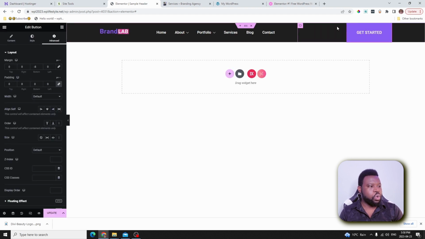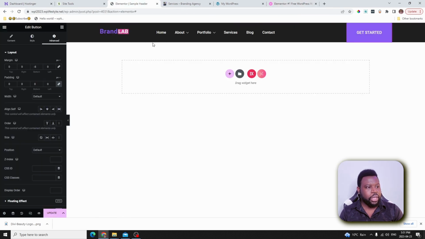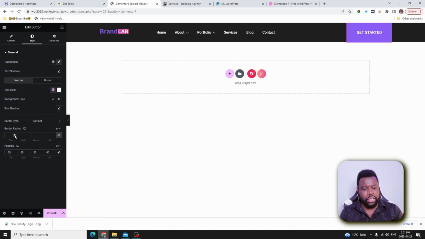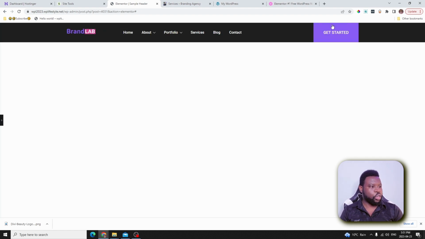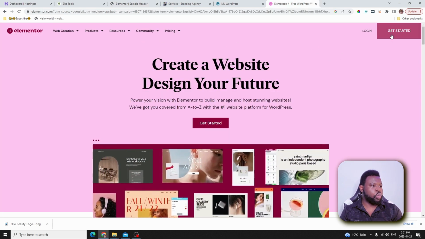And we also don't want the rounded corners that we have on the button. If you go here, we don't have any rounded corners. So let's go back to styling, and over here we have the border radius. Let's go ahead and put 0 in there. So now we don't have any rounded corners. And then the next thing we need to do is to move this all the way to the end.